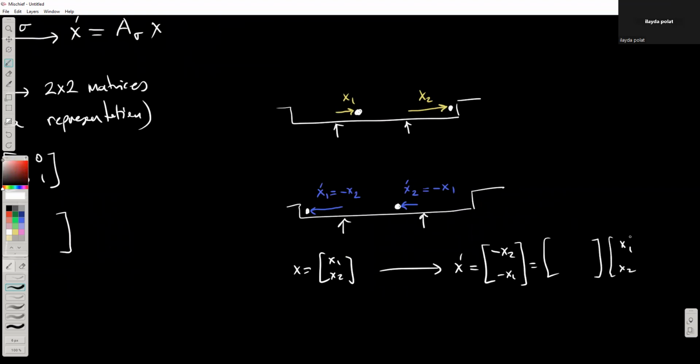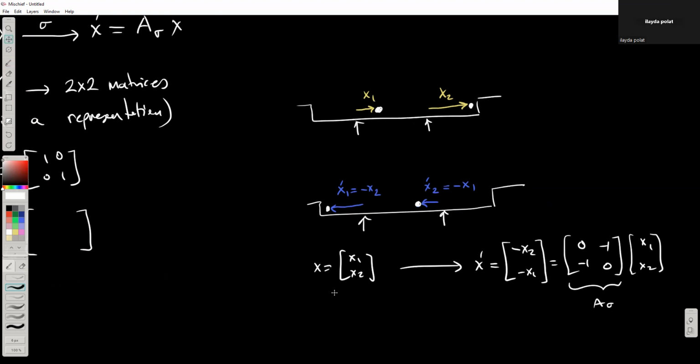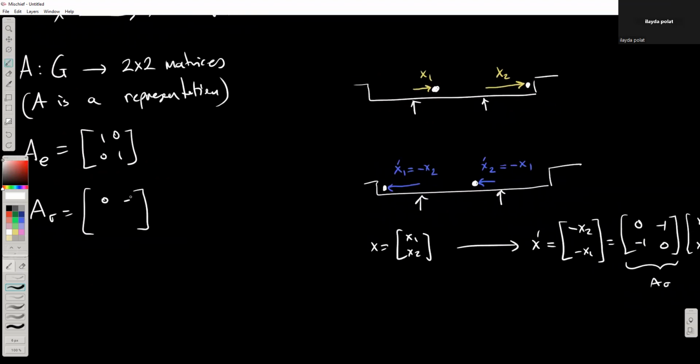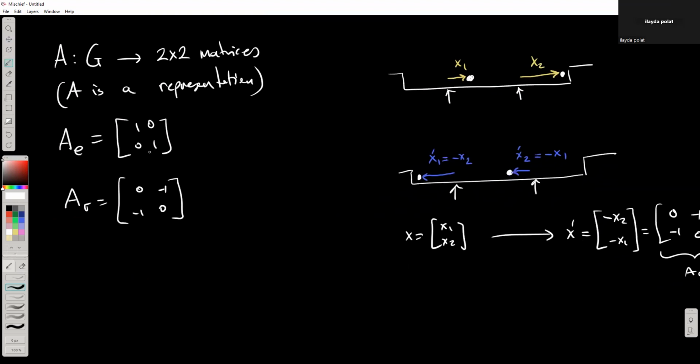But I would like to express this as a matrix expression. So in terms of matrices, it's just the multiplication of that matrix with the original vector that gives us x prime. Okay. So therefore, that matrix is the matrix representation of the reflection operation. So the identity is represented by the identity matrix. Reflection is represented by this matrix. Okay. So A is a representation,